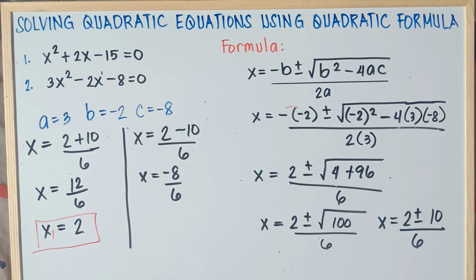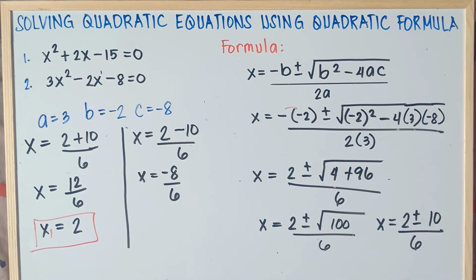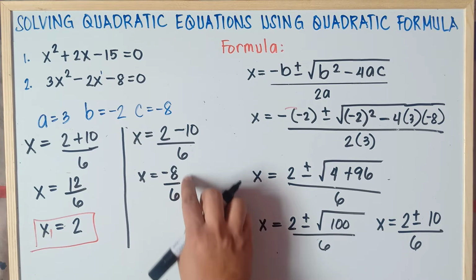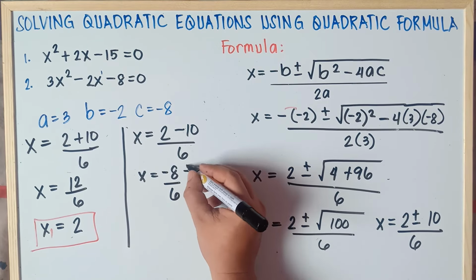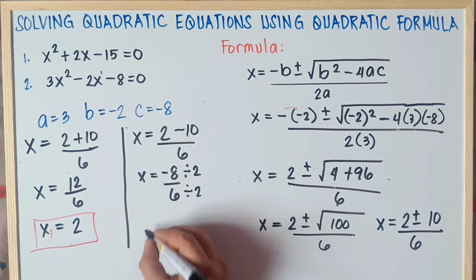Next question. Can we reduce the fraction? Yep, we can reduce. Always remember this one, class. If you can reduce the fraction, you need to reduce, class. That's actually mandatory, class, for the fractions. You always reduce the fraction, class, to its lowest term. Yep, we can reduce 8 and 6. By what number, sir? We can divide this by 2, right? The greatest common factor of 8 and 6, that is 2. Always remember that one, class.